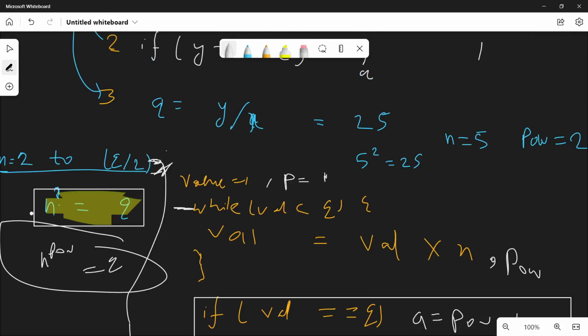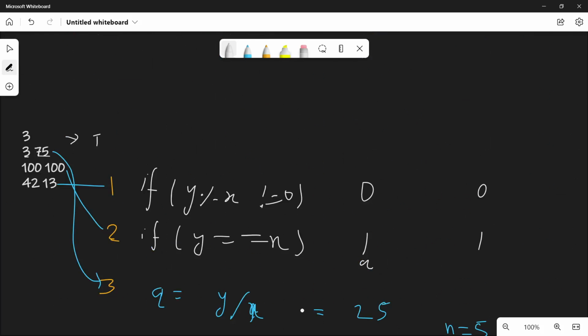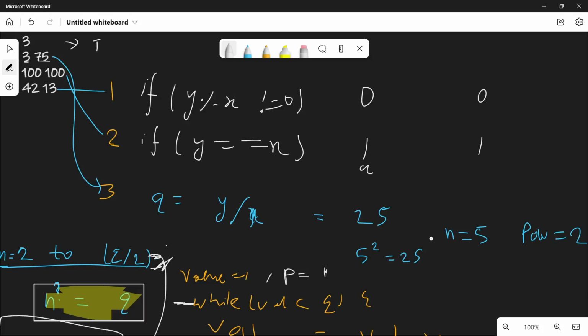Let's see here. Yes, we have the quotient, here 25. You can also multiply x, which is here 3, by the quotient to get y. So 1 times the quotient is also y.